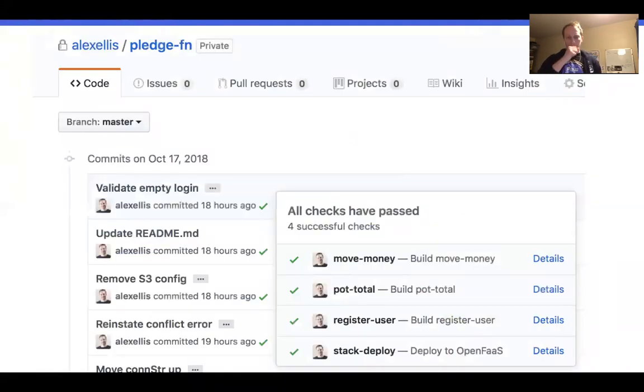This is what things look like on the GitHub UI. I'll show you GitLab in a minute. We have done a push, and we can now see the status here, and we've got one status per function, and these have got a tick on because they've successfully been deployed, and then we have one for the stack overall. And every time we do a commit, we'll get this. So if we remove a function, we'd get only 2 here. If we added one, we'll get another status.